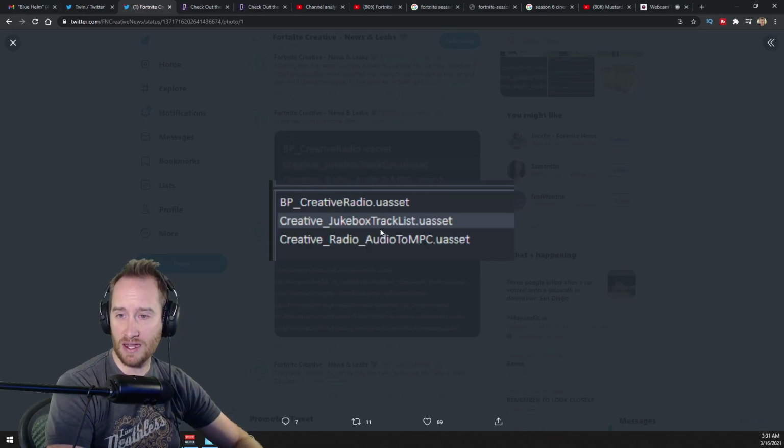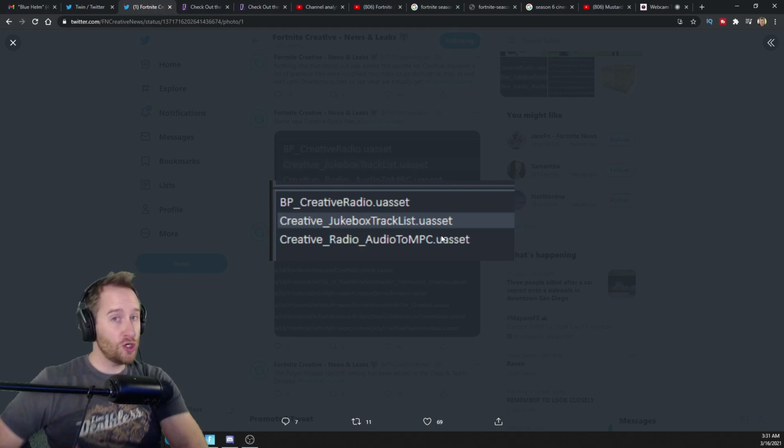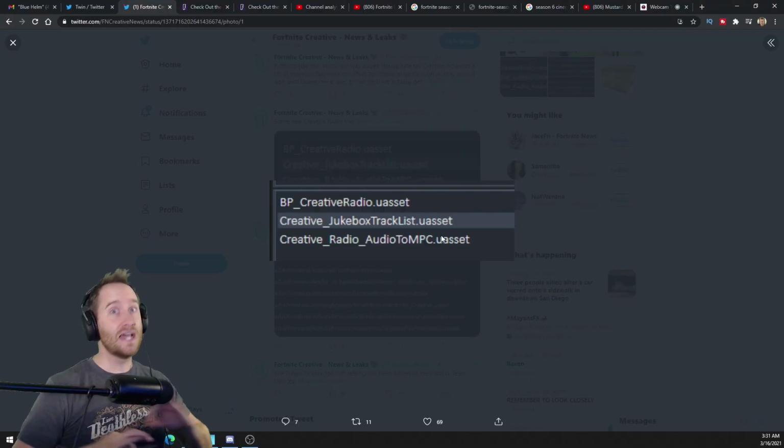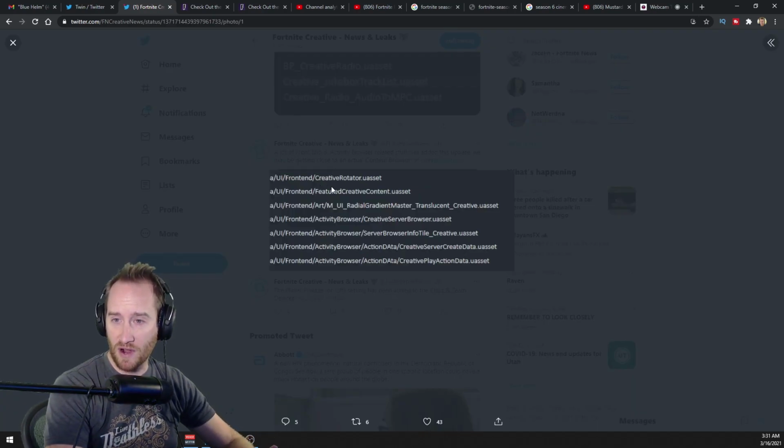So first we've got this Jukebox track list asset. So maybe this means we're actually getting new music in the Jukebox. I hope that means we actually get all of the music that you can get in the Battle Pass. That would be amazing. The next really interesting thing to me is that they've added all of this front end